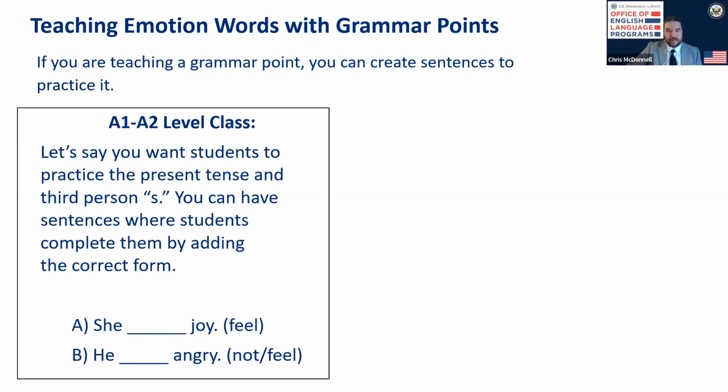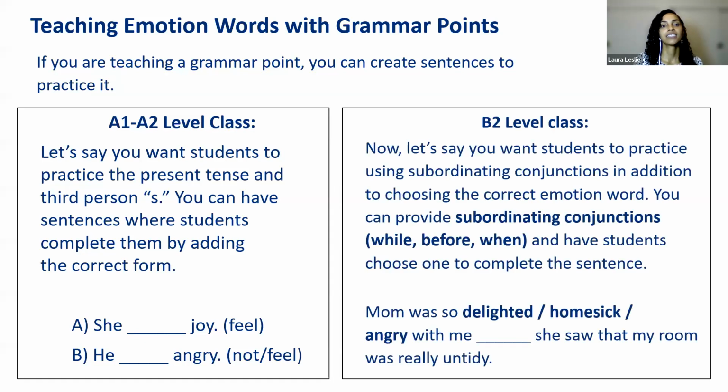Absolutely. Let's see. So for A, I would say she feels joy. And for B, I would say he does not feel angry. Perfect. And now let's say you want to practice using subordinating conjunctions in